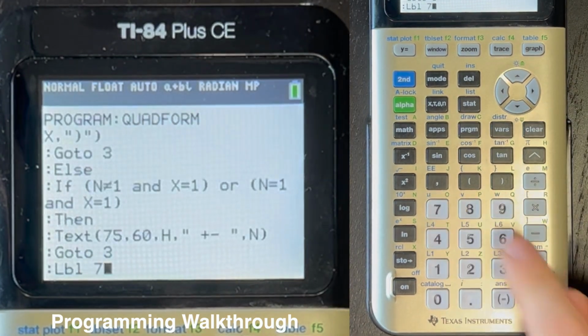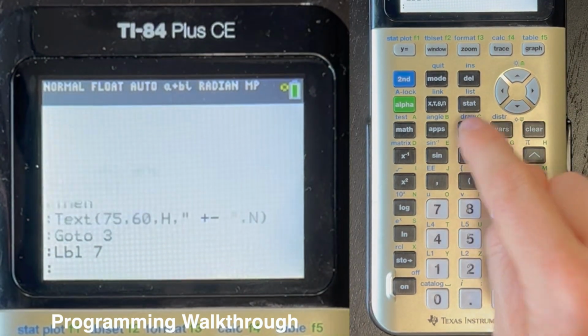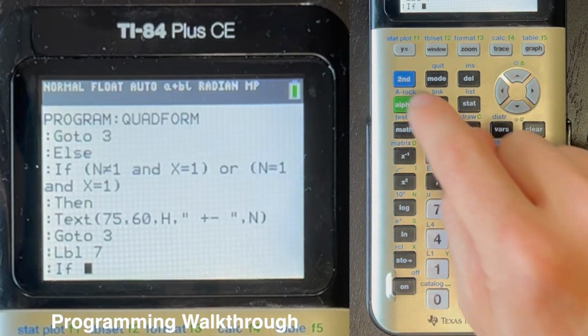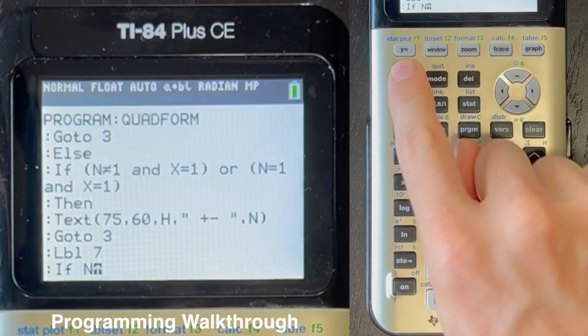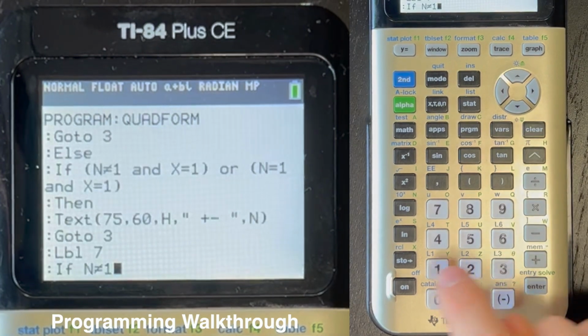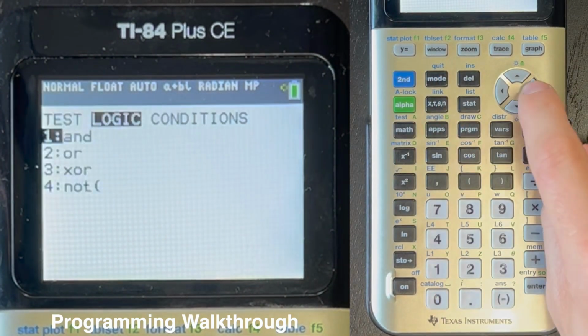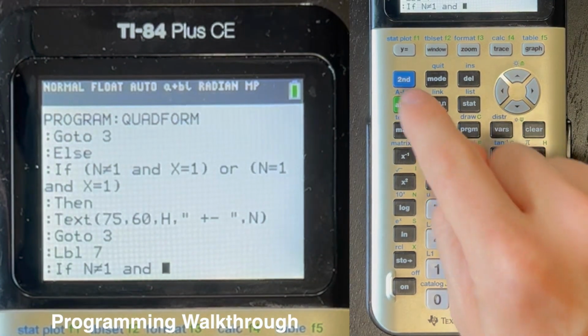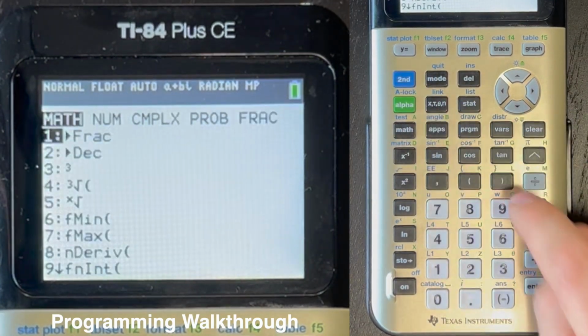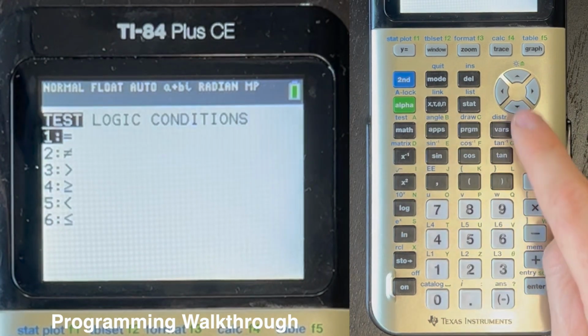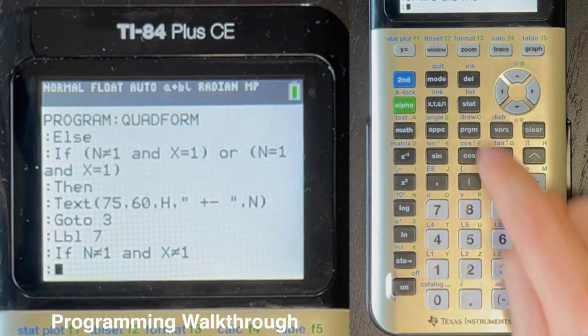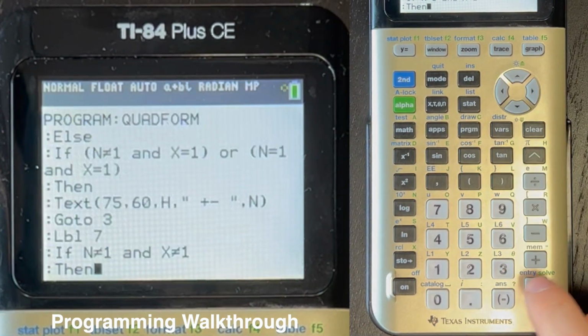Program label 7, enter, program if alpha n does not equal 1 and x does not equal 1, enter program, then enter